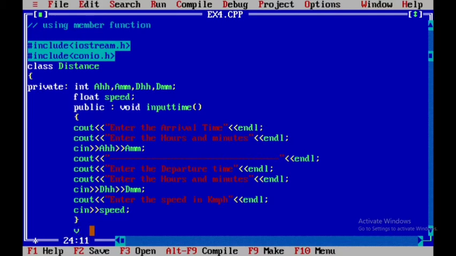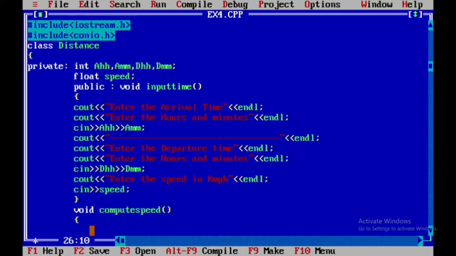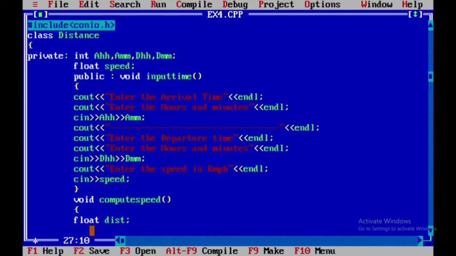In the second member function we need to compute the speed, so I am going to name that member function compute speed. How to compute? First we need to find a distance, right? So I am going to take dist as a variable.